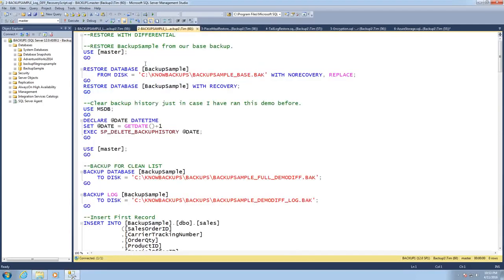So what if we're doing differentials? Differentials are very nice to be able to do, so you're not backing up the same data, a full backup, every single night. If you had a 100 gig database and backing up with compression is 20 gigabytes, then over the course of 7 days, you've backed up that same 20 gig backup file 7 times. If you were able to do differentials and you only have a gigabyte of data that changes each day, then